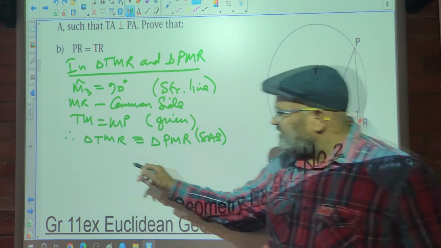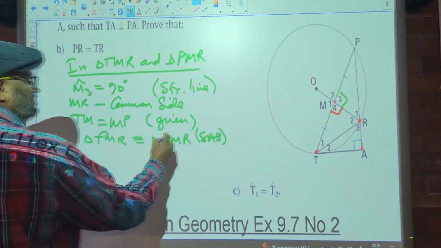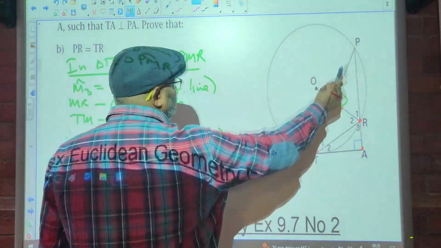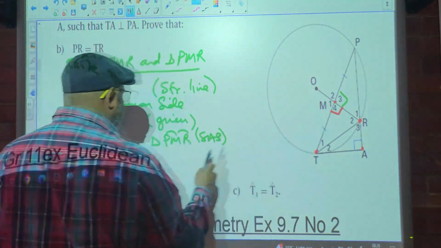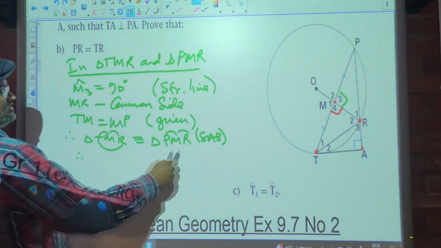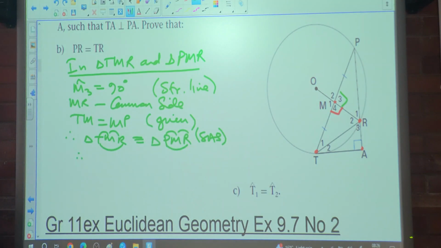Okay. So therefore, from here we can conclude that TM is equal to MP. So TM is equal, but we knew that. MR is equal to MR, that's your common side. And TR, of course, equal to PR. And that's what they wanted from us. You guys see that? So we say therefore